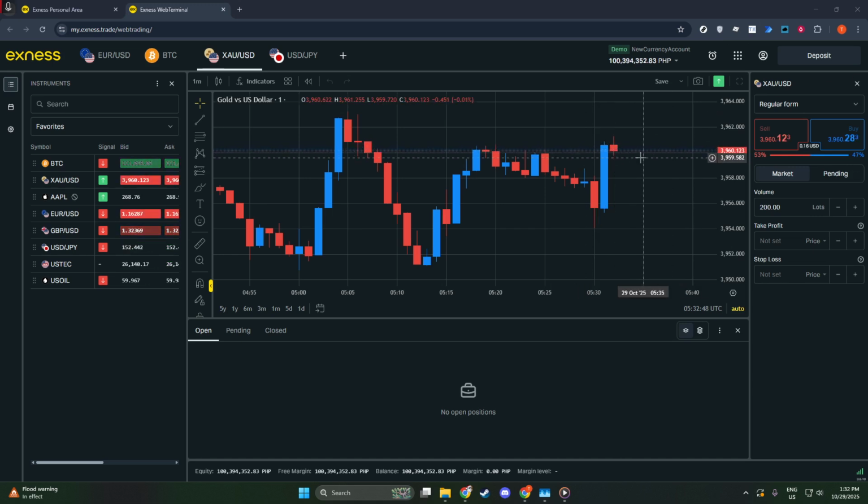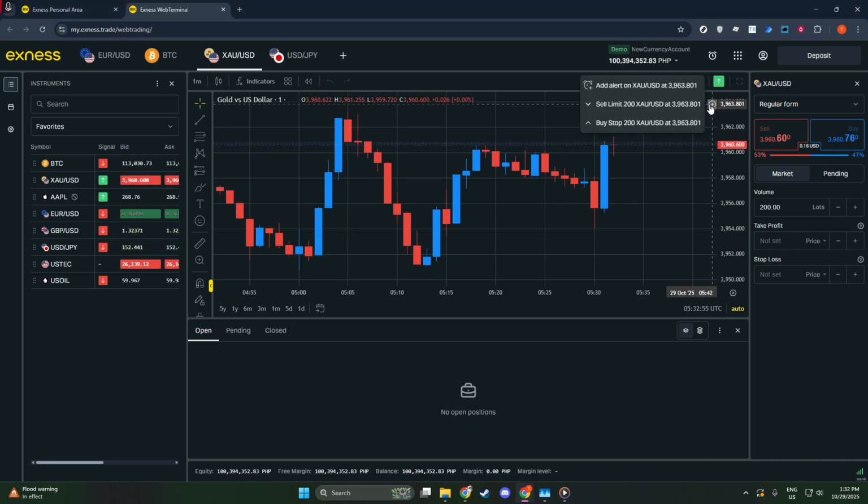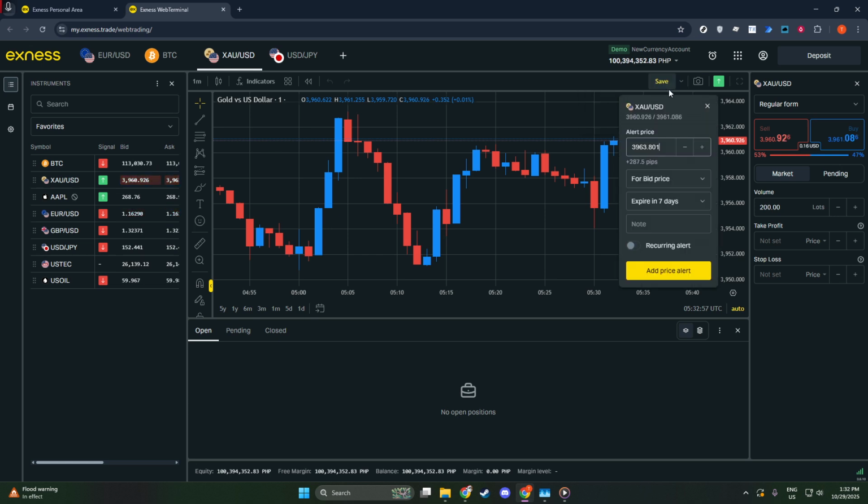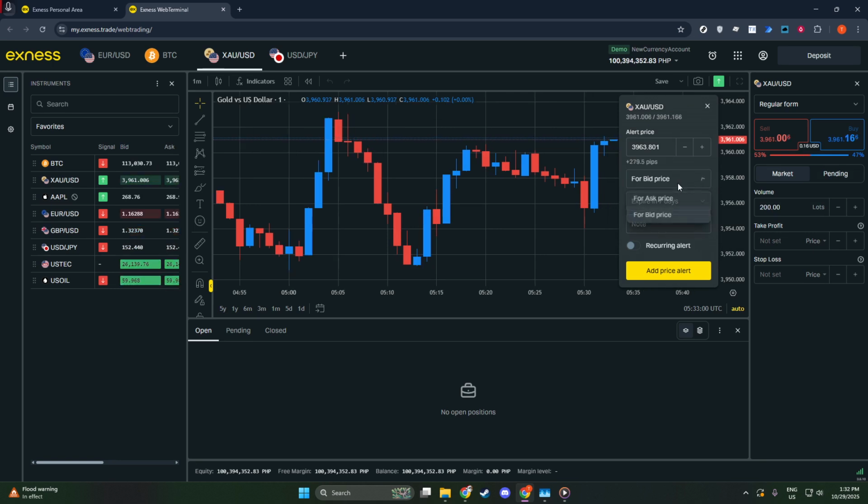Now that you have the terminal open, let's focus on the chart for the instrument you're interested in. Hover your cursor near the price axis. As you do this, a plus icon will appear. Clicking on this symbol allows you to select the Set Alert option, or its equivalent, directly from the chart. This immediate way of setting alerts is perfect for those who want a quick and seamless process to keep track